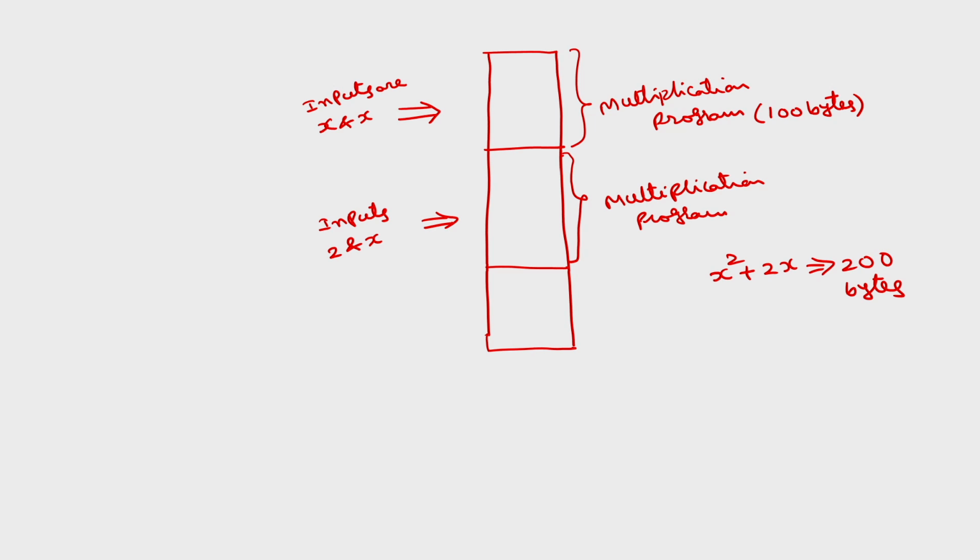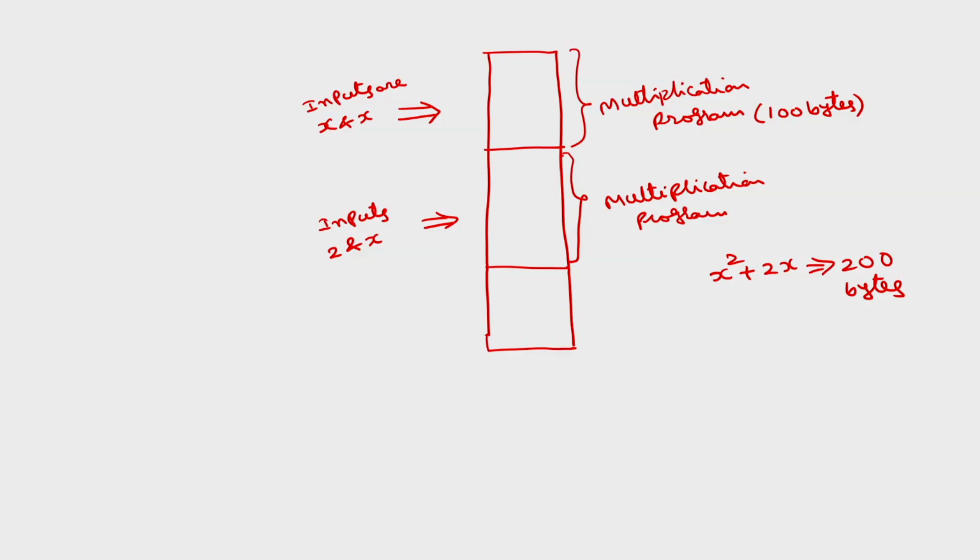So, instead of writing this multiplication program 2 times, you write it as a subroutine and call it 2 times. That will save memory locations. That is what is called a subroutine. In any particular program, if a particular operation is repeating several times, instead of writing it several times in the main program, you write a subroutine and call it as many times as you require.